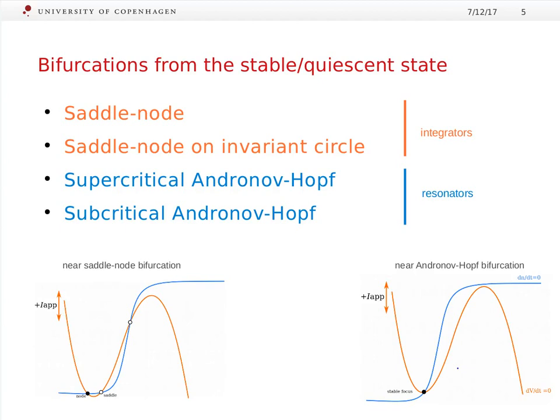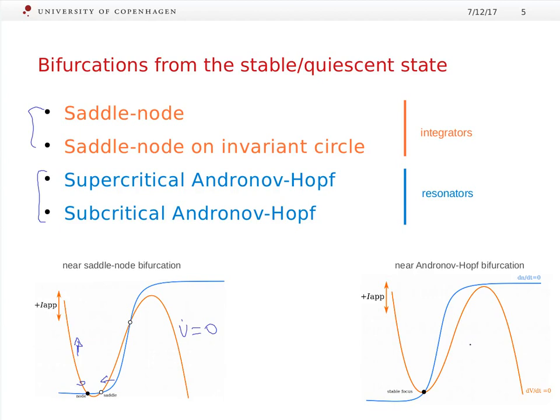So just to remind, there can be 4 types of bifurcations from resting state, namely 2 saddle node bifurcations and 2 supercritical Andronov-Hopf bifurcations. In the saddle node bifurcations, we have 2 equilibrium points, a stable node and a saddle, and as our applied current shifts the V0 line upwards, these 2 equilibrium points merge together and annihilate each other. So these are saddle node bifurcations.